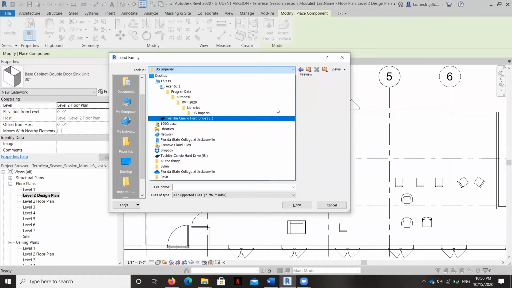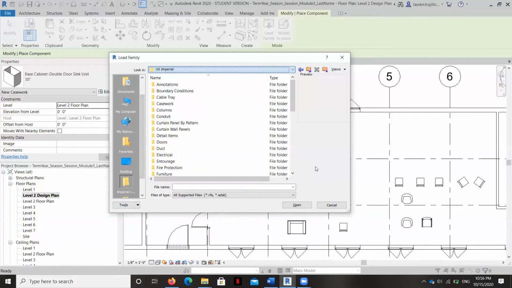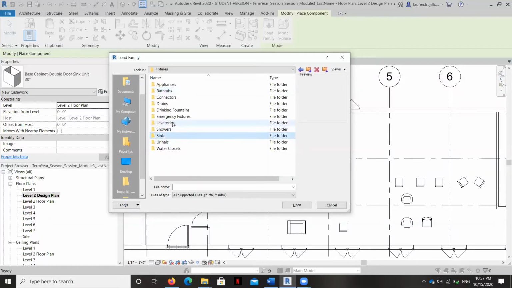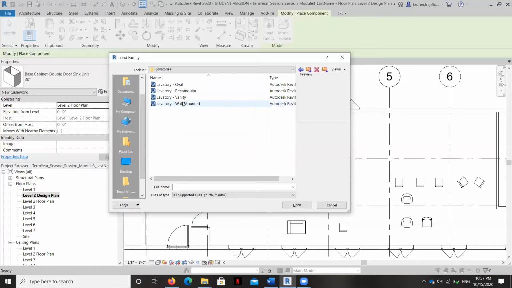A lot of times, if you close Revit, save it, close it, and open it again, it'll bring you back to this. But if you've lost your way, it's pretty easy to just replicate that file path. Now, we've opened up the furniture category here, but we now need to place a couple of plumbing elements. So I'm going to start with the MEP, which stands for Mechanical Electrical Plumbing, and I'm going to grab this sink because it's for a wall-mounted sink, which is what we want.